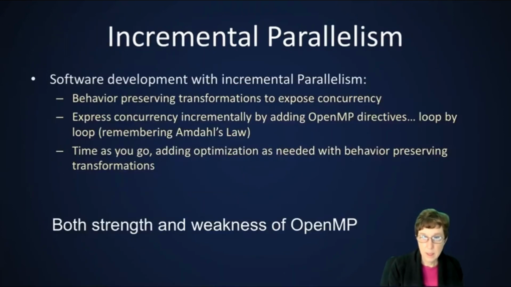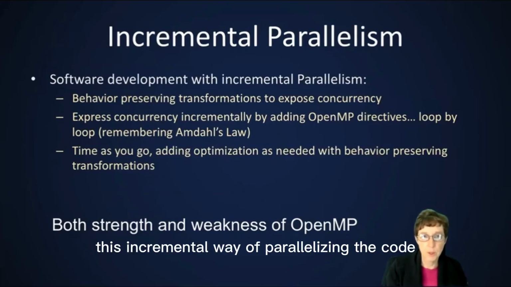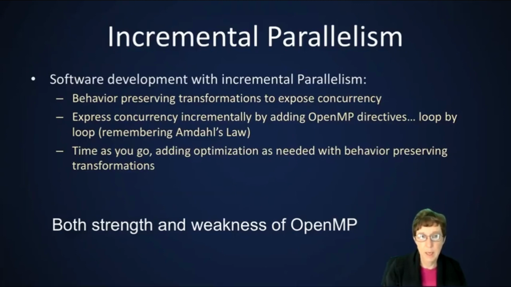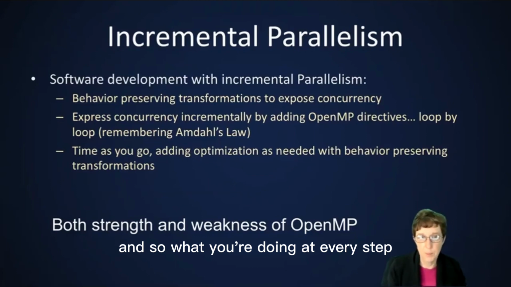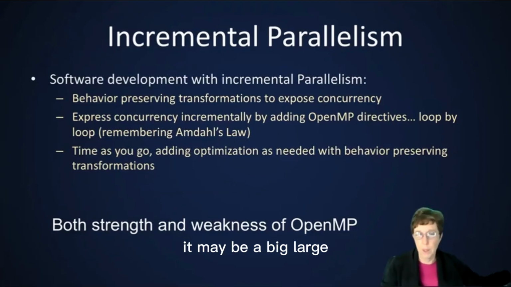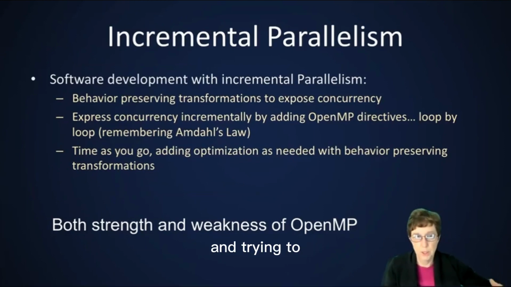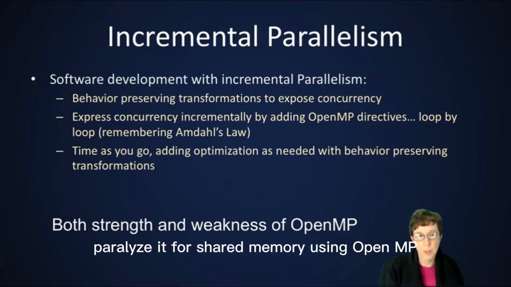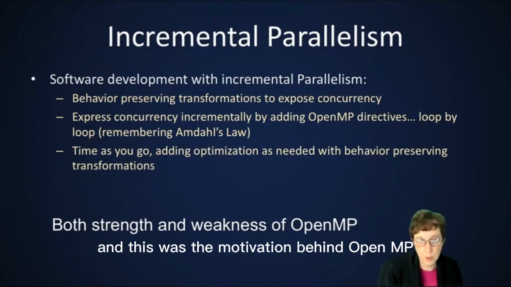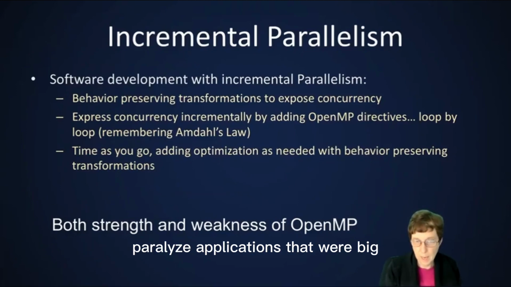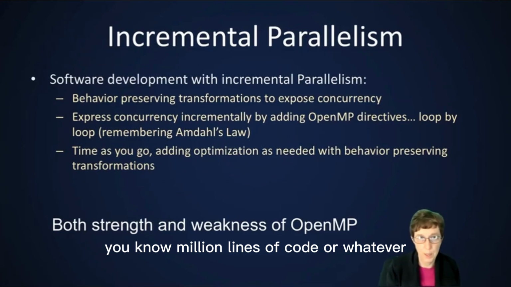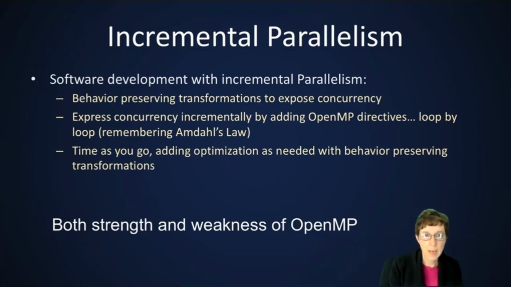All right. Well, OpenMP really allows this incremental way of parallelizing the code. It allows you to look at just a loop at a time. So at every step you're taking a serial program, it may be a huge serial application, and trying to parallelize it for shared memory using OpenMP. This was the motivation behind OpenMP, and it really came from the scientific community that wanted to be able to parallelize applications that were big, million lines of code or at least hundreds of thousands of lines of code. And so what they could do is, a little bit at a time, express the concurrency in it